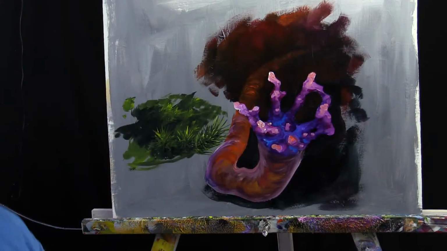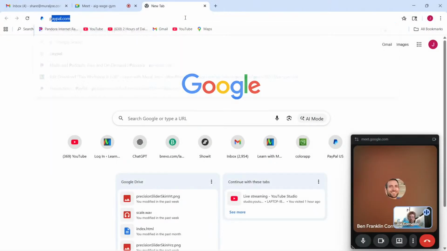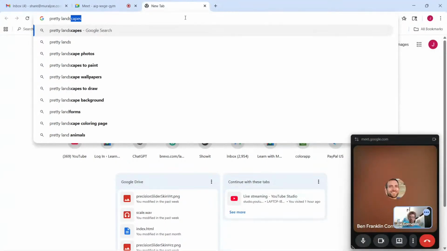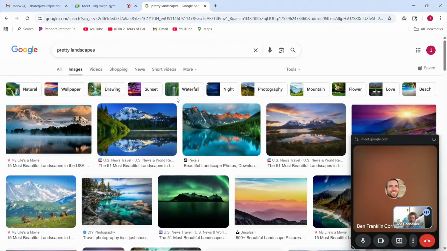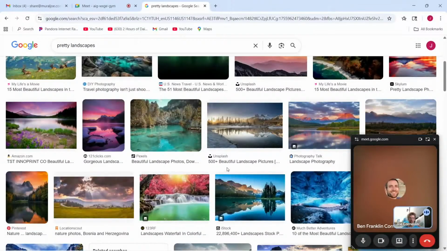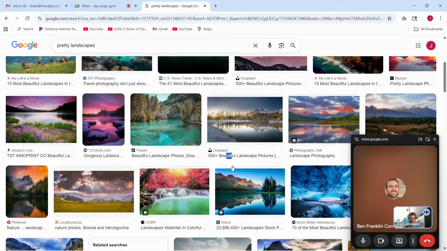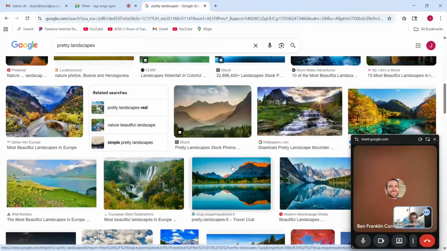This is a good Google image search moment. If we just do beautiful landscapes, pretty is a shorter word to type, pretty landscapes, and we just do an image search of that, then we're going to see a lot of purple wherever shadows get that skylight reflected on them. If I just scroll through these, it's really common to see purple in shadows. So I'm going to find something that's got obvious cast shadows where we can look at the color of a shadow next to the color of